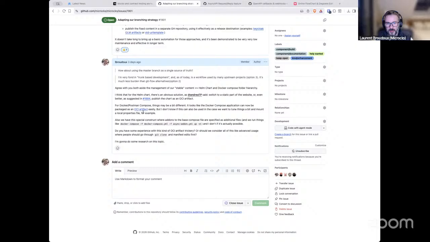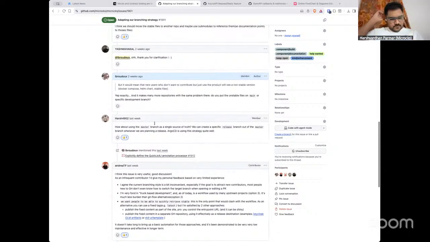And so for the moment, I've tried to put the Helm chart into an OCI artifact, and that's okay. But now I have to play with the same stuff with Docker Compose and OCI to see if it's possible to also embed different files, different folders within the OCI artifacts, and how things work that way. So if you have some experience, let me know if I can speed up things and get faster. It will be nice. Yes, sure.